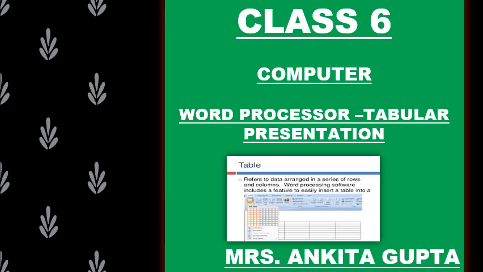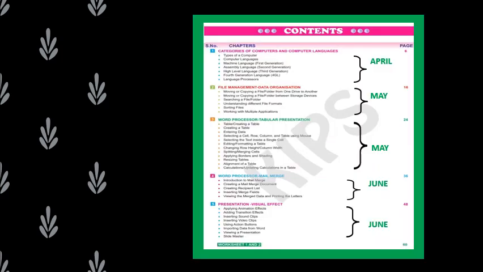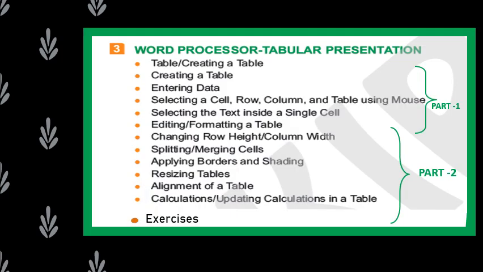Hello students, today we are going to continue our chapter Word Processor Tabular Presentation with part 2. As we have already discussed in part 1, creating a table, entering data in a table, how you will select a cell, row, column of a table, and how will you perform all these things with the help of mouse in the table, selecting the text inside a single cell, editing, or we can say